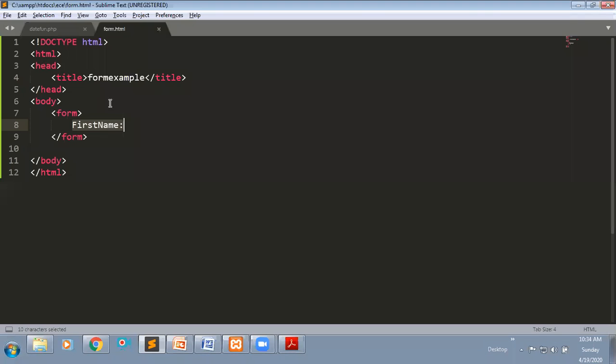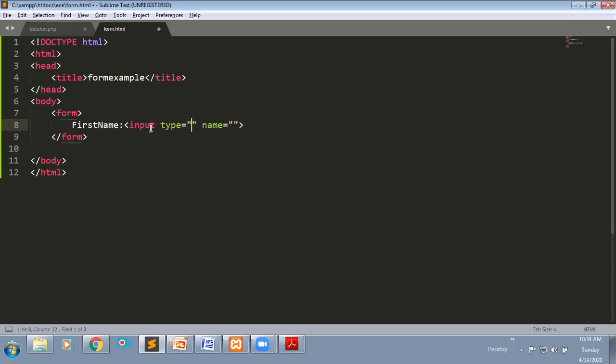Now you can see here first name. After first name I require one text box to enter some first name. How can you create the text box? By using the input tag. The input tag is used to get some input from the user.